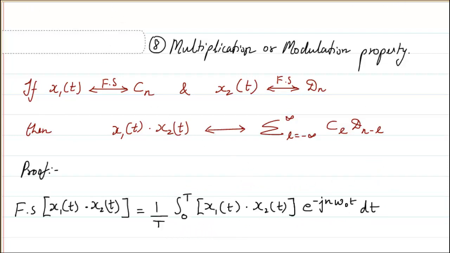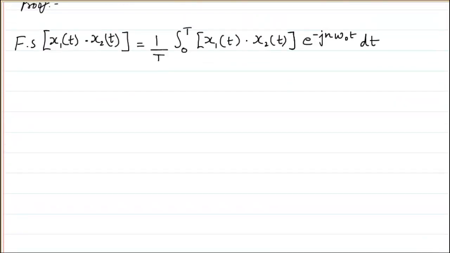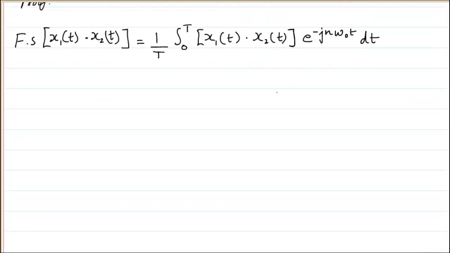So let us prove this. We know by definition that if you have any function, the Fourier series of that is given by this equation. This is something that you already know by definition. Now here, if instead of x2, I am going to substitute the Fourier series of x2,